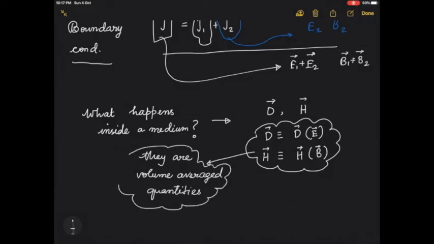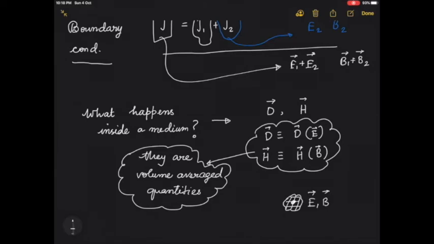Well, to get what happens inside a medium in presence of electric and magnetic fields, you don't really ask what the electric field and the magnetic field are at a given point in the medium. You ask what the average field is in a volume around that point. And that average is better described in terms of D and H than E and B,